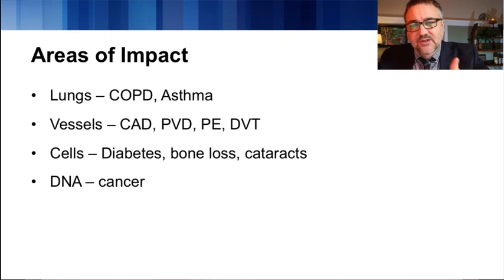Then the next thing that happens is those toxins move out of the blood and into cells in the body. And here we see inflammatory changes in response to those toxins that lead to diabetes, that lead to bone loss, cataract formation, erectile dysfunction, a whole litany of different problems, and we'll be looking at some of those. The final place those toxins affect is actually inside the cell, in the nuclei of the cell, which is the DNA, and there it leads to poor transcription, to transcription mistakes and translational mistakes when the DNA is dividing, and that leads to cancer.